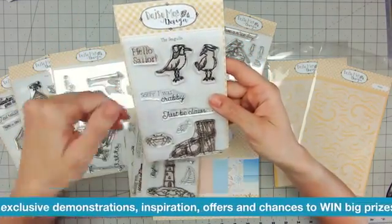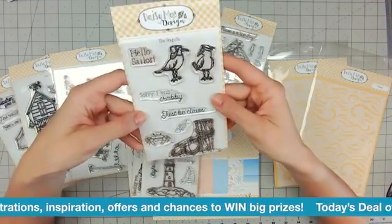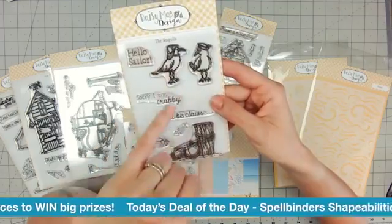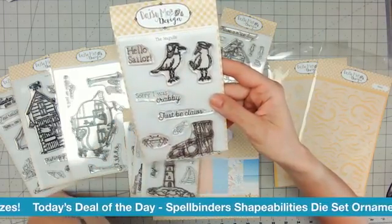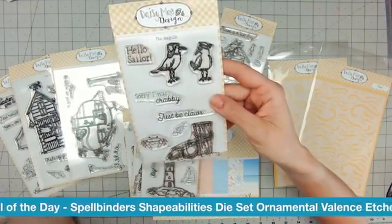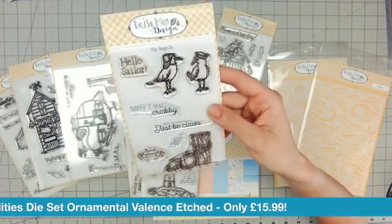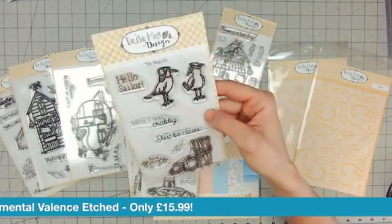So we've got the seagulls now. These are fun, aren't they? So we've got Hello Sailor, but when you're looking at these two seagulls with their hats on there, I mean, you've got to say Hello Sailor in that voice, haven't you? Can we do the squawky voice? I'm going to move away from where the microphone is a little bit, because it might come out a little loud, but